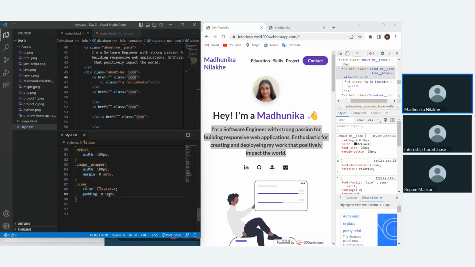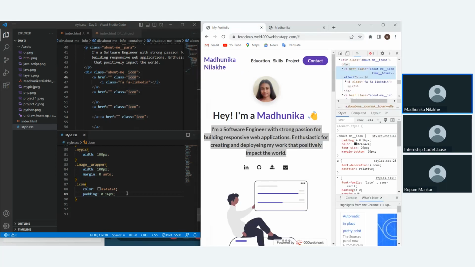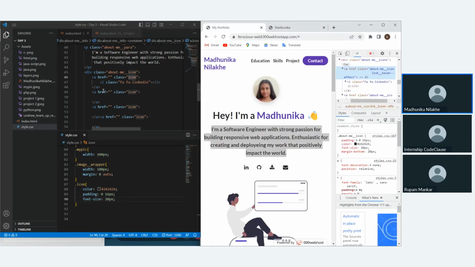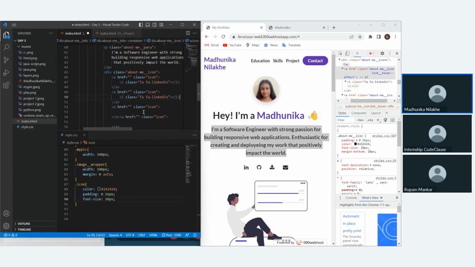So as of now this has created, and I have to increase its size. Font size should be 20 px. Okay, so it has created for me, and now let me just copy this and paste it here to have